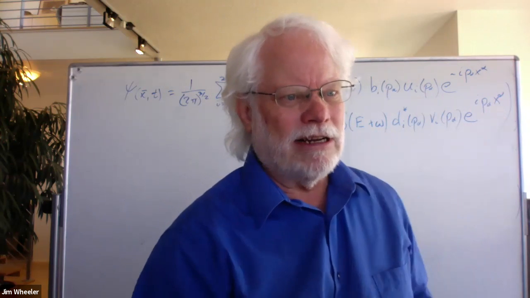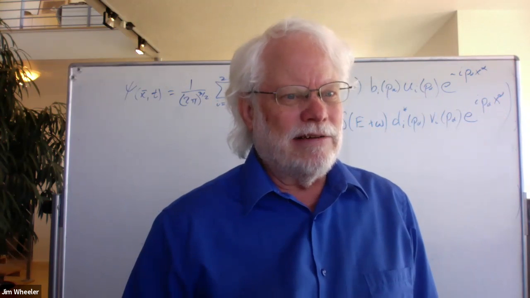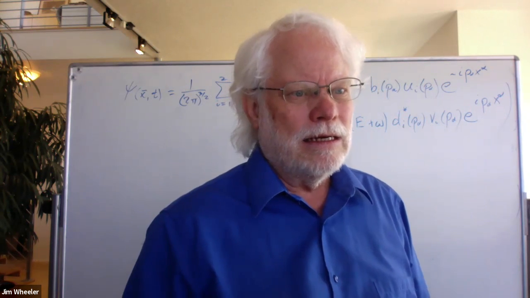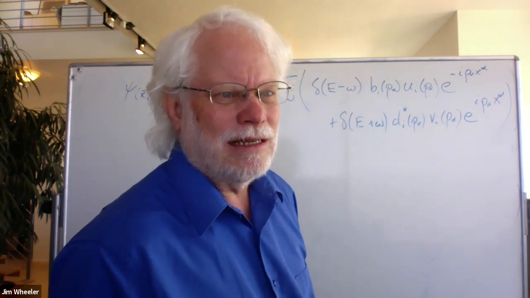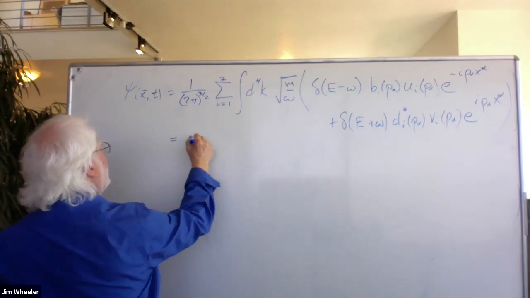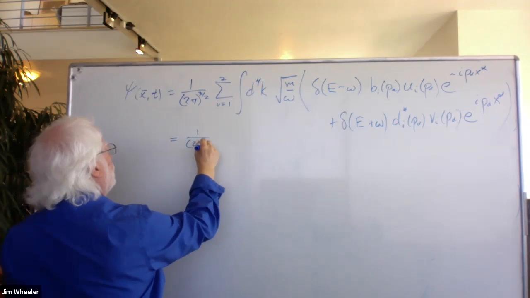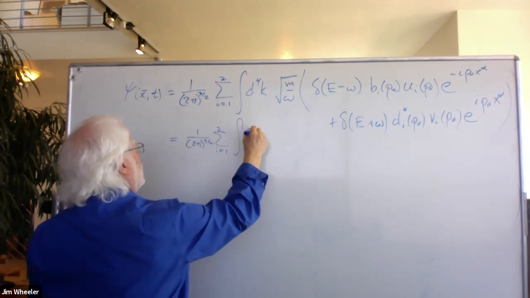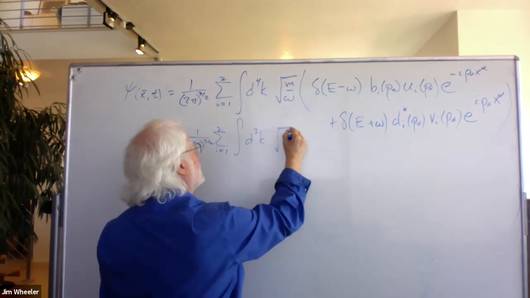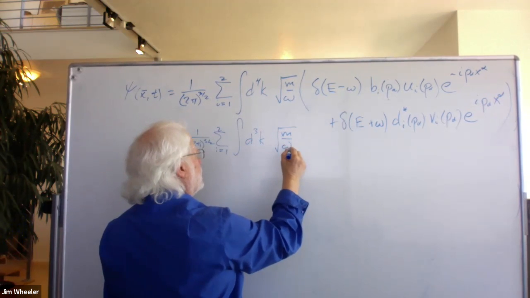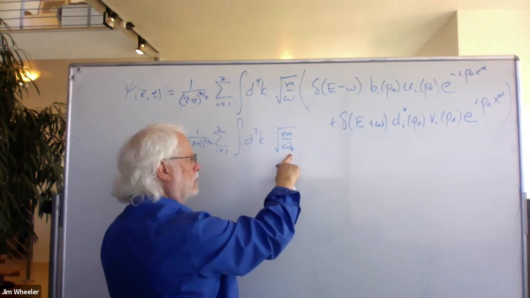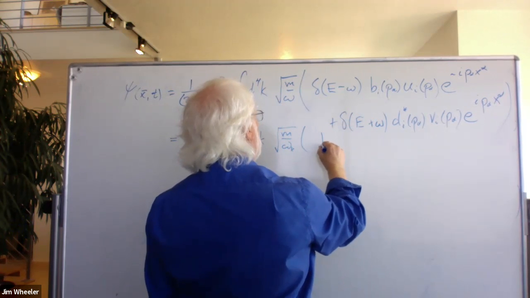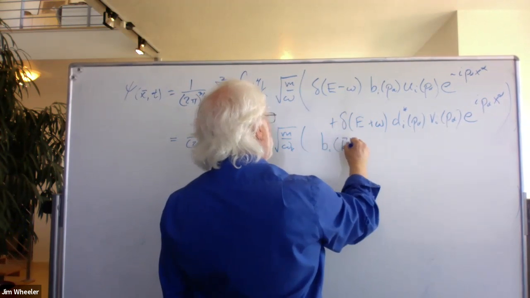So carrying out the integration, let's see. I'm not sure I actually wrote this in the notes. Maybe I should write this in the notes, but let's put it here. Sum i equals 1 to 2. So we get down to d3k, and this is omega k, the square root of k squared plus m squared. And now we've done the energy. So this becomes v_i of, we can write it as just k here,